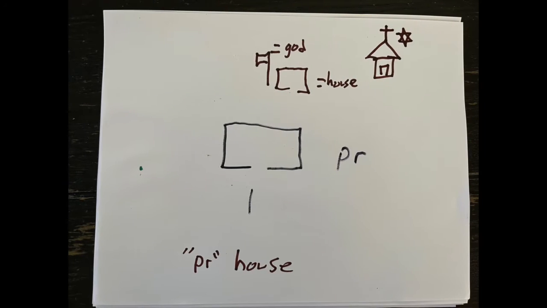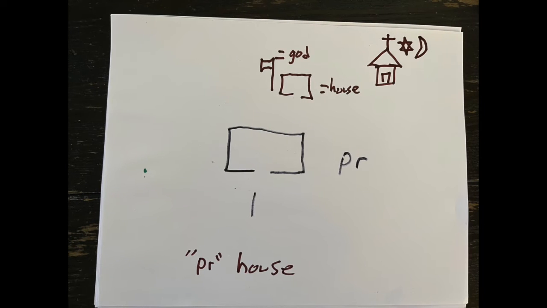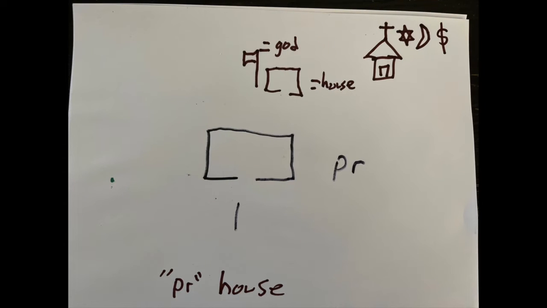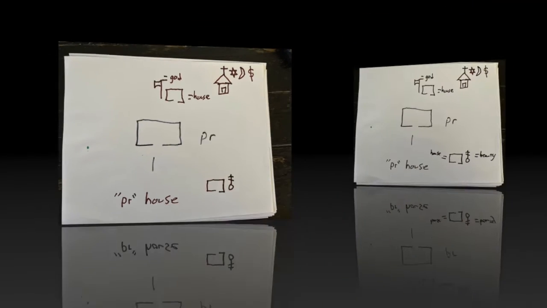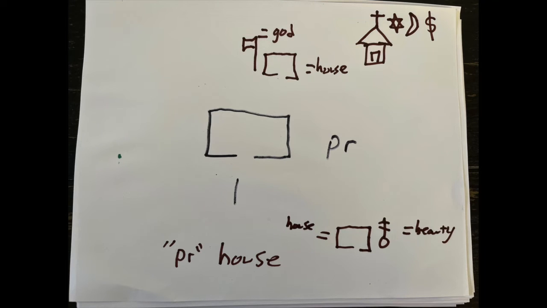So God's house probably means church, or maybe it means synagogue, or maybe it means mosque, or maybe you just worship the almighty dollar and it's a shopping center. Either way, God's house or house of God. Now, if we have another example here in the bottom right, you now properly have the glyph following it because